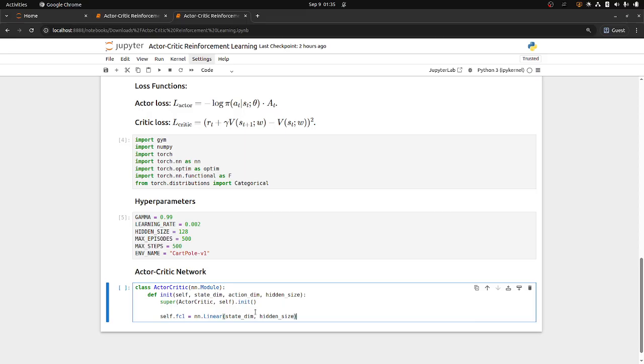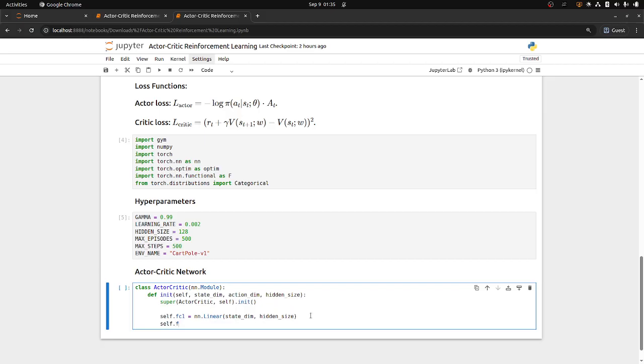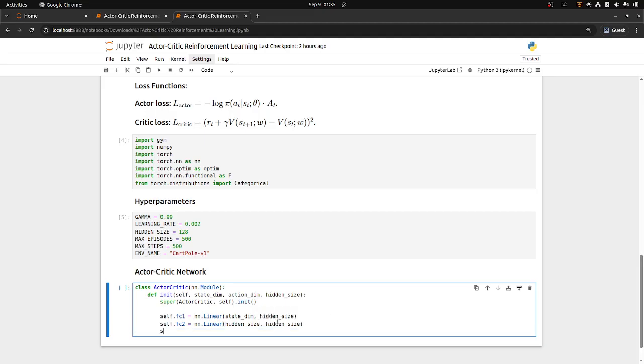Okay, and then self.fc2, the second layer. Now it will take the hidden size, which is 128, and it will also pass it to another hidden layer with the same hidden size. Okay,